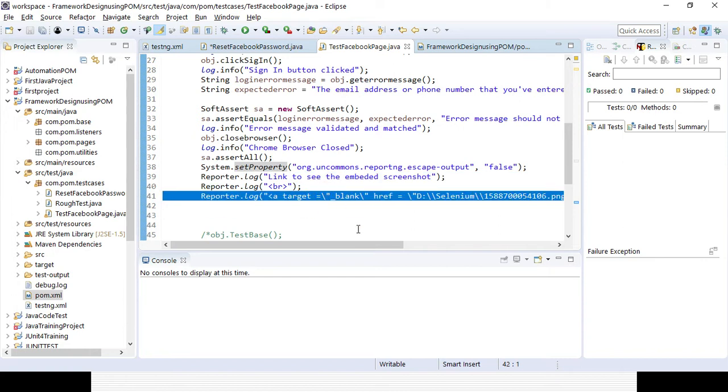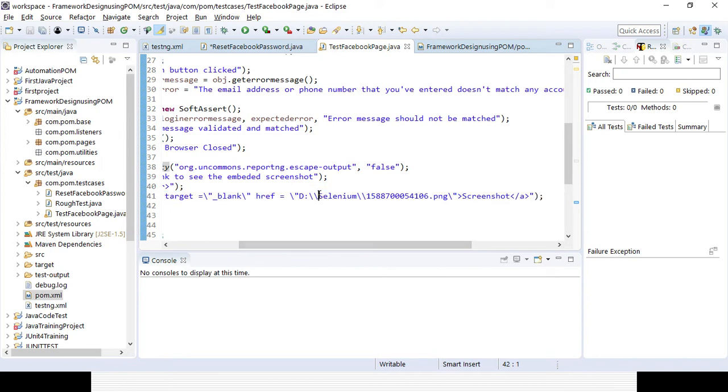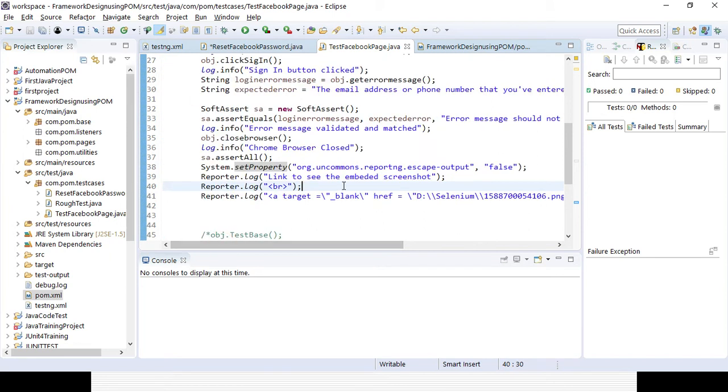If we click on that link, named screenshot, the relevant screenshot will open. Right now we are not capturing any screenshot. In the next session I will create a video on how to capture the screenshot at execution level and how we can add it to the TestNG or report-ng reports.